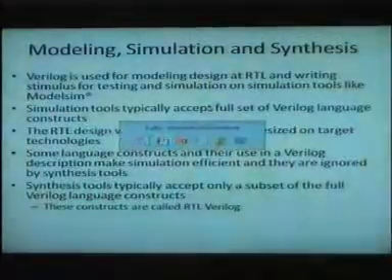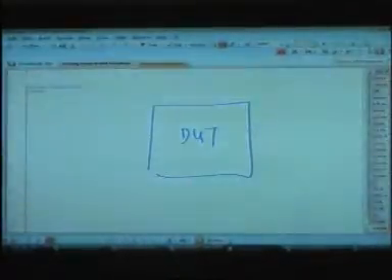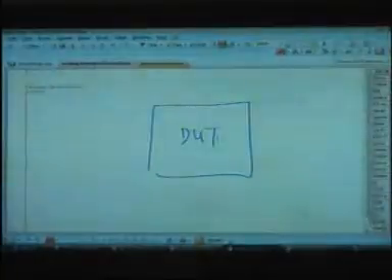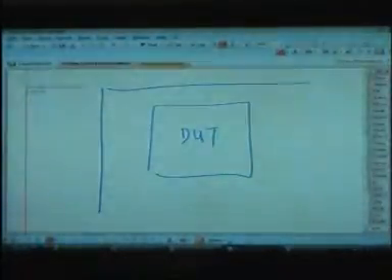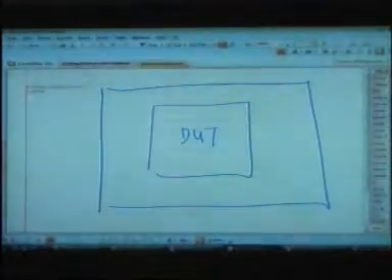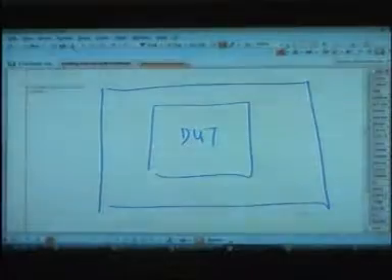Actually there are two parts to Verilog. One is usually named the device under test. For some reason, I don't know why, we always call it DUT, a device under test, okay? And then there is something which is not under test, which is not your device. Device under test is, for example, I ask you to